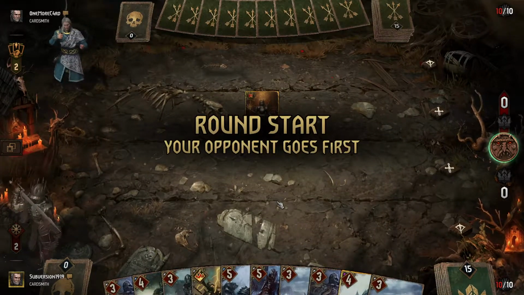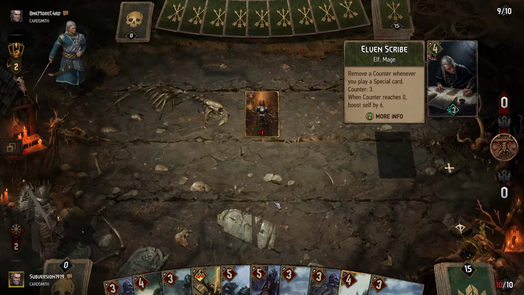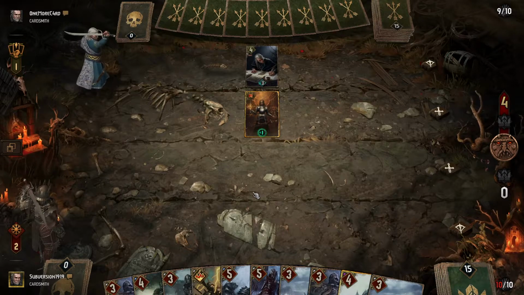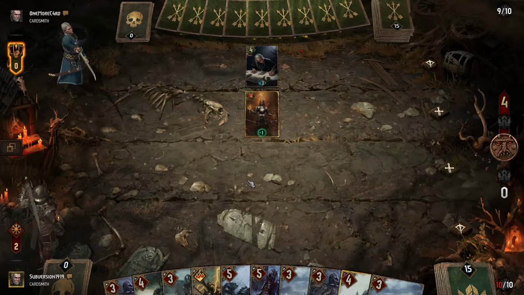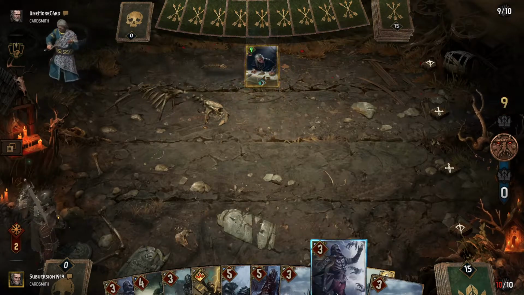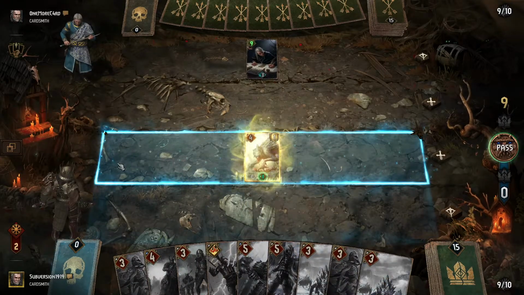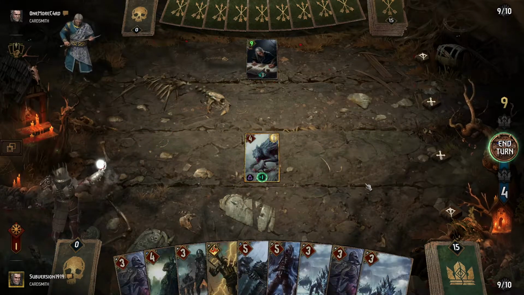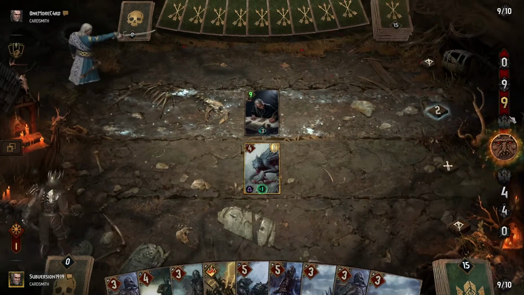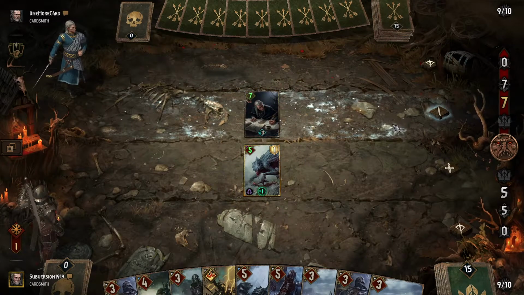We start second now, so it's pretty much, well, it's pretty good actually. Starting second is usually what we want. So let's contest with this and the leader. Normally you want to save your leader, but well, in this case we're against an AI. So